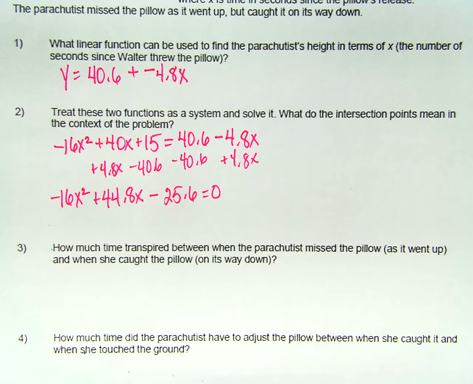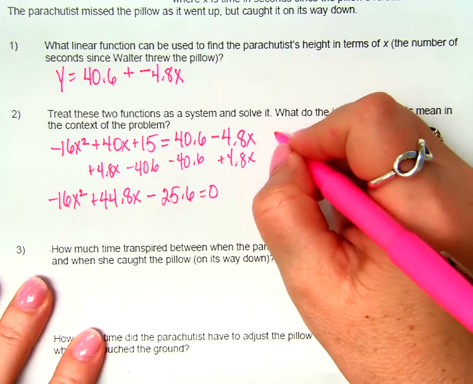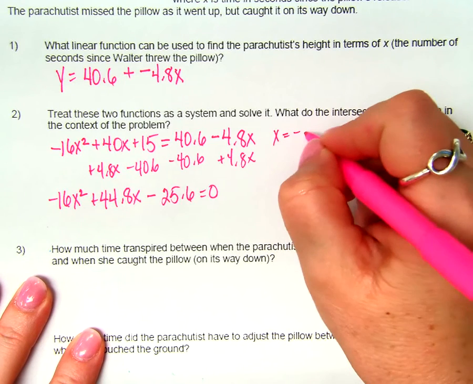You guys are checking my math, right? 40.6, it is correct? Yeah. You fixed it? Okay. So now what? Quadratic formula. Oh, quadratic formula? Okay. x equals negative b